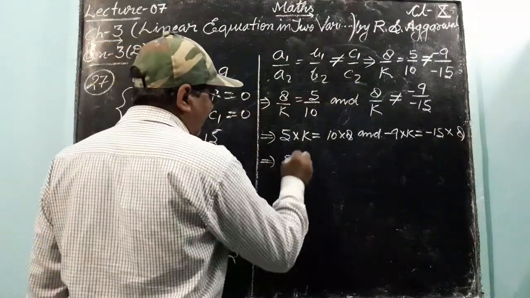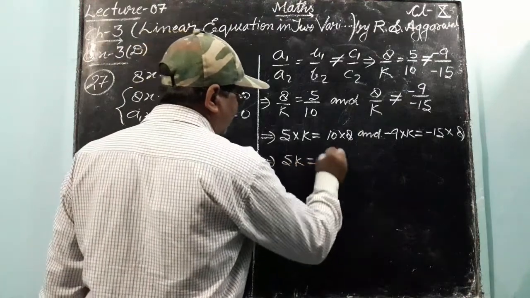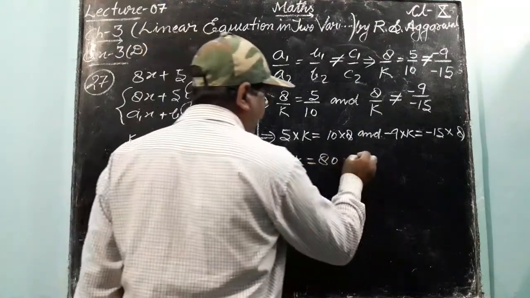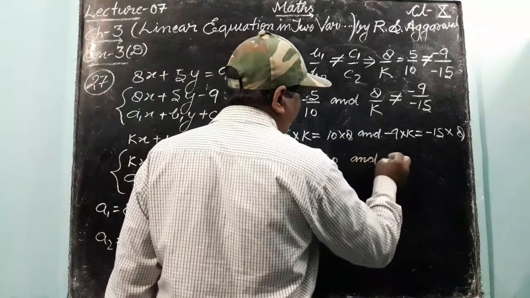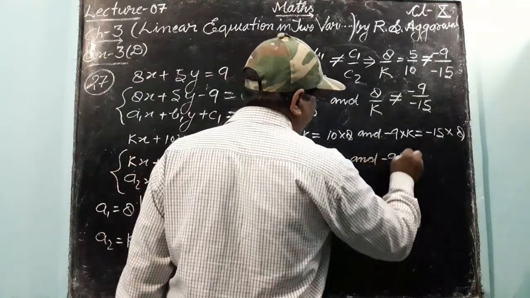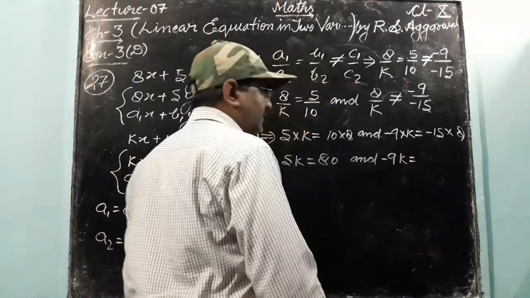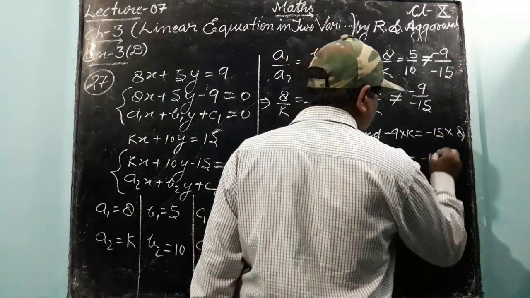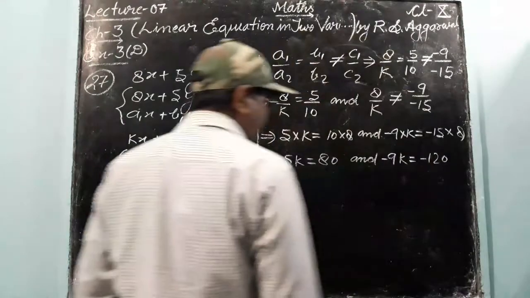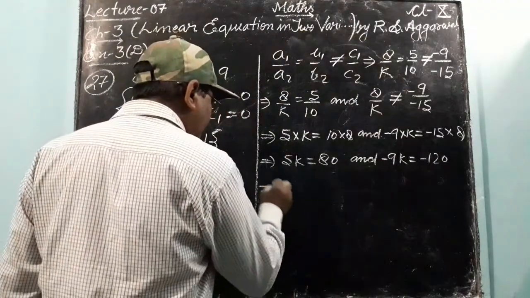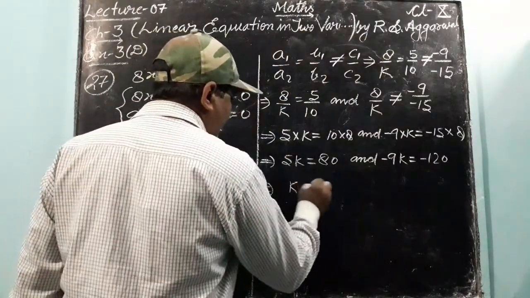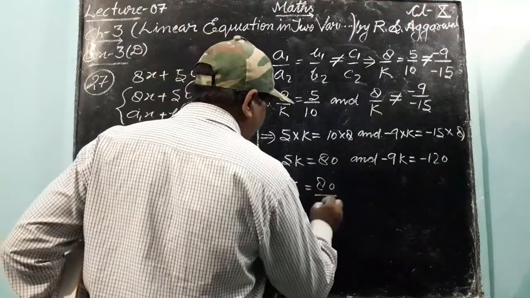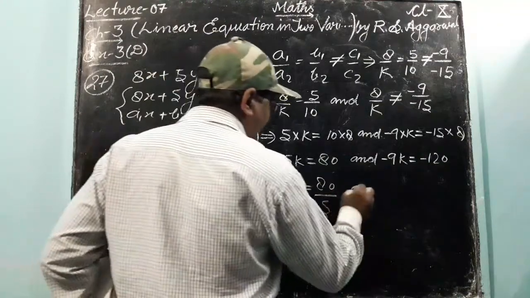And then there will be 5k is equal to 80, and minus 9k is equal to minus 120. Therefore, k is equal to 80 divided by 5,